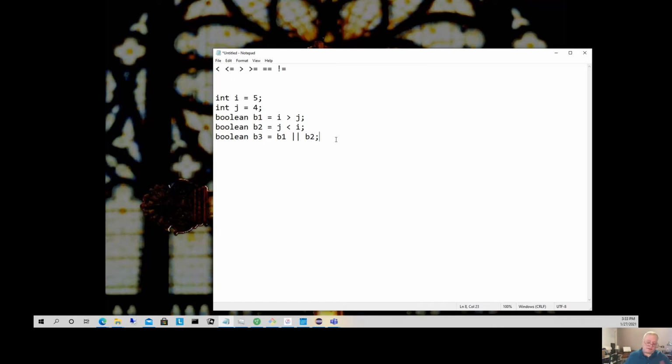And a different way of writing this would be, this is equivalent to saying b4 is equal to i greater than j or j greater than i, since the relational operators resolve to a Boolean value. So that's sort of the high level of the syntax of if statements and what a condition is and how we use relational operators and